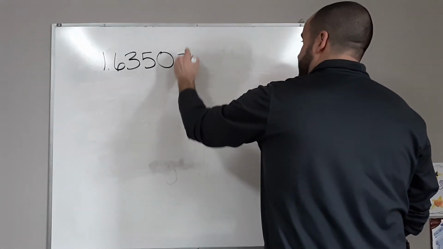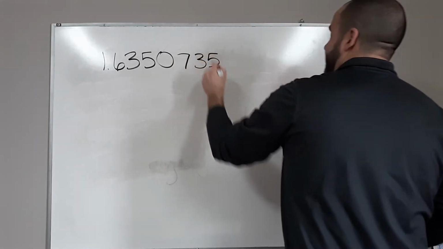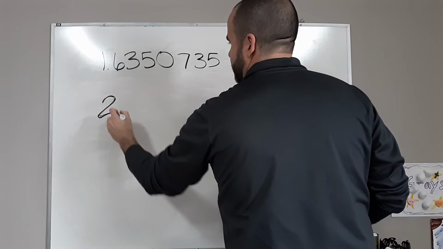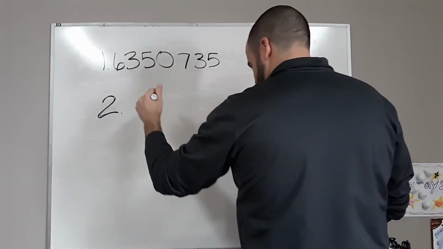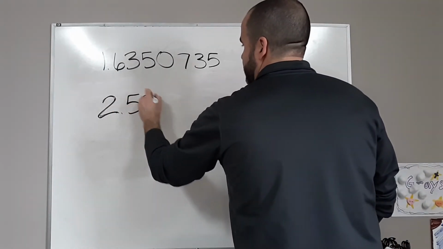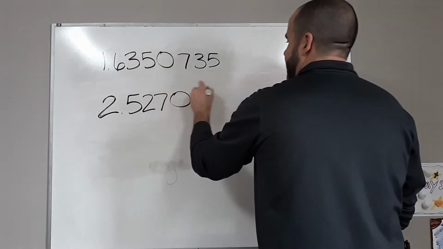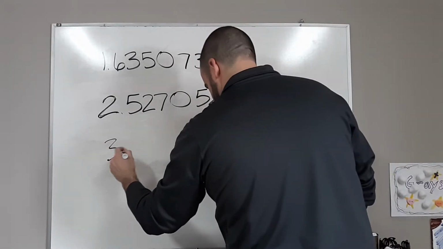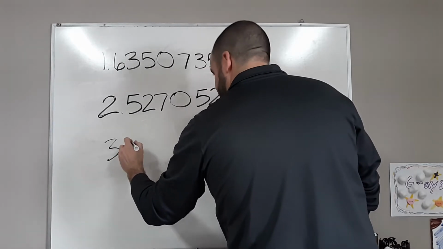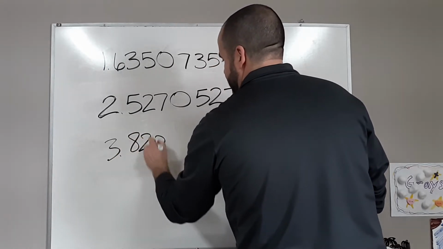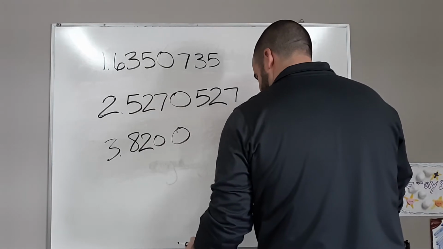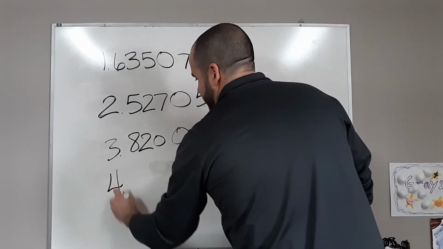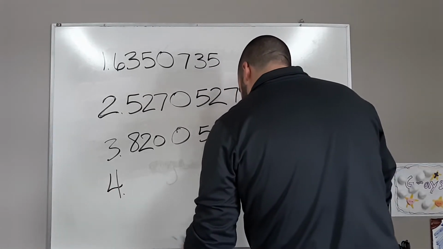and 735. And then number 2, which I'm going to go underneath. I know that yours goes side by side, but I'm going to go underneath, okay? 527. Number 3 is 820. And number 4, which is